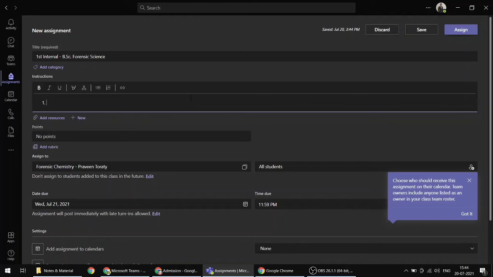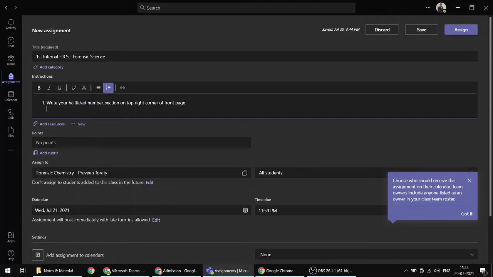First instruction: write your hall ticket number, section on the top right corner of the front page. Give question numbers and answers under it.